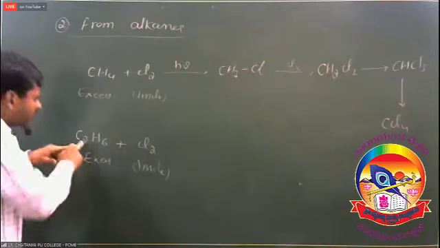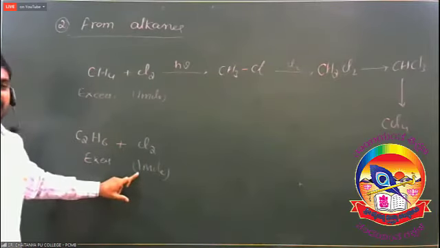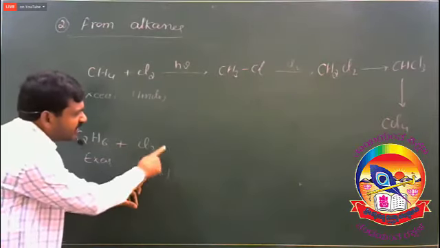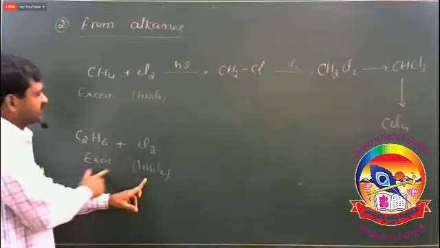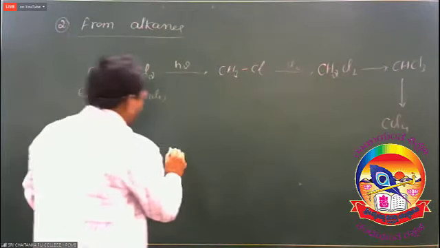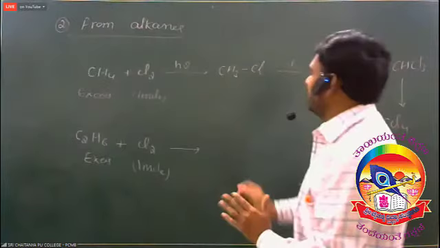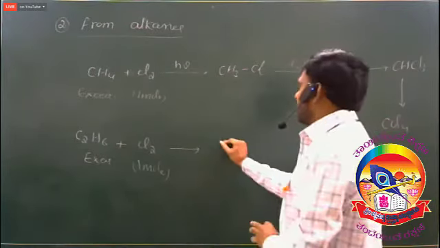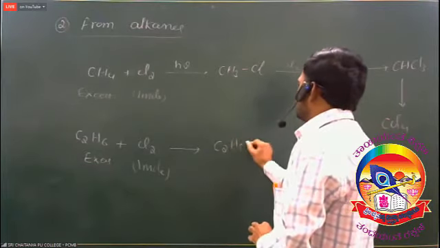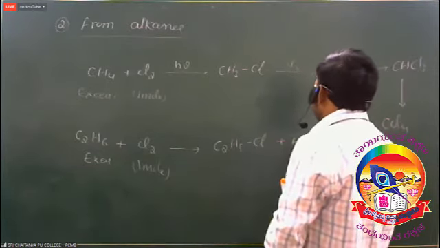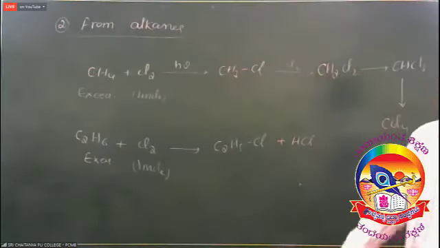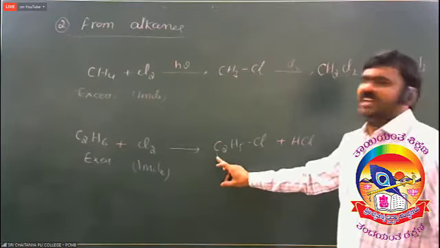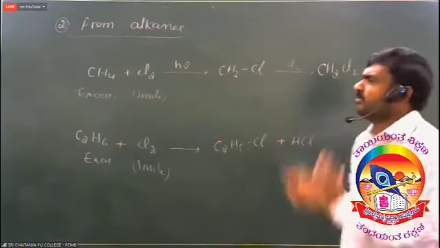So here we take excess of ethane, limited supply of chlorine, which means it is the limiting factor. Less amount means it is completely consumed in this reaction. So it is considered as a limiting factor. So the reaction is controlled in the first step, in presence of sunlight or about 450 degrees centigrade. Ethyl chloride is obtained. HCl is the byproduct. But controlling of this reaction is very difficult because it is a chain reaction. Hence, this method is not a suitable method from alkanes.